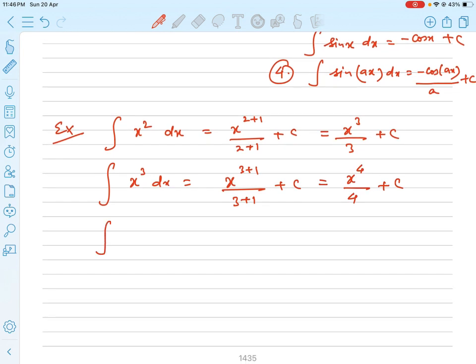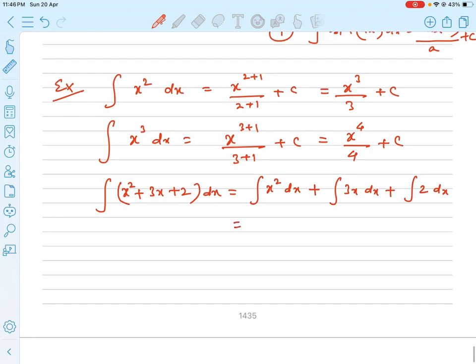Another example can be, say I want to find out the integration of x square plus 3x plus 2 dx. In this case, what we can do, we can separate these three terms. So I can write the same thing as integration of x square dx plus integration of 3x dx plus integration of 2 dx, right? Now this can be written as x cube by 3 plus 3 times x square by 2